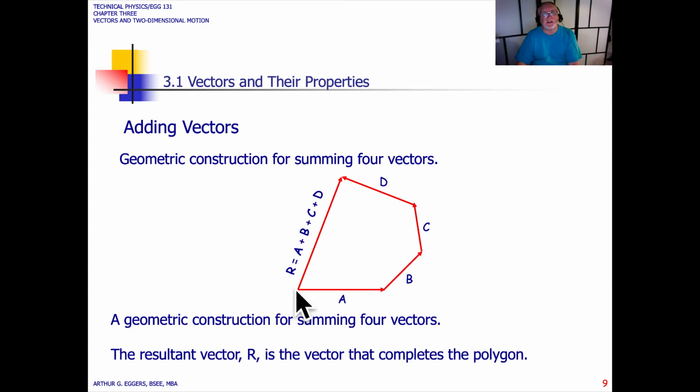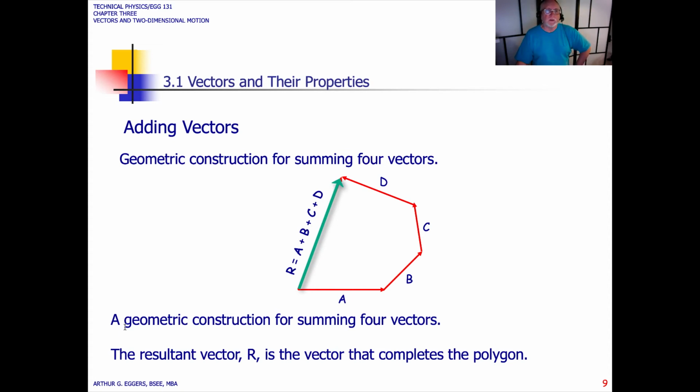So what this is telling us is if we were traveling along a path, let's say due east, vector A would be from 0 to some point. And then we changed directions with vector B and we went northeast, our northeast path would be B. Then we changed directions again and went northwest, that would be C. And then if we changed directions one more time and went northwest again, but at a different angle, when we summed A, B, and C together using its vector components, we would get this resultant A plus B plus C